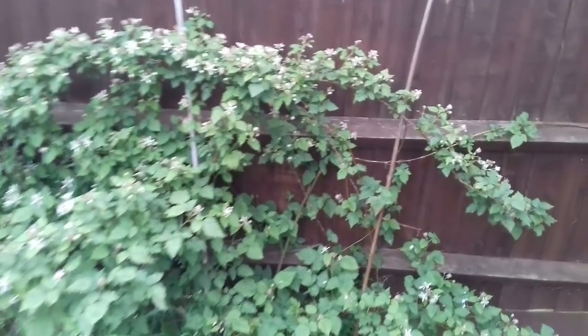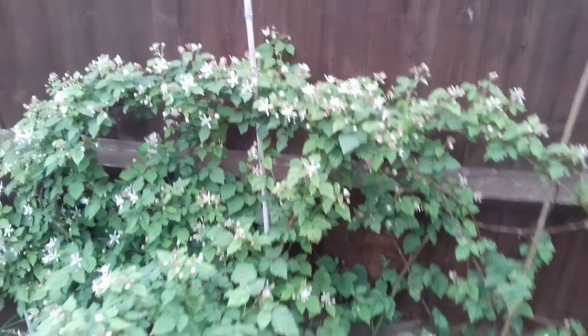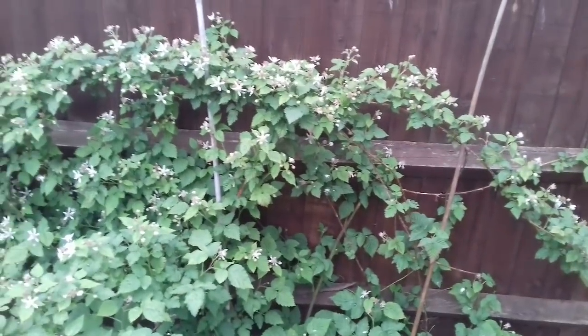And there, look, going to have a huge crop of Tayberries. I mean, this is beautiful. Isn't that lovely? I'm so happy with the huge amount of crop. I'm hoping